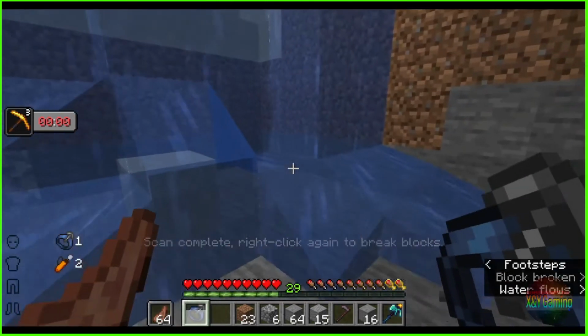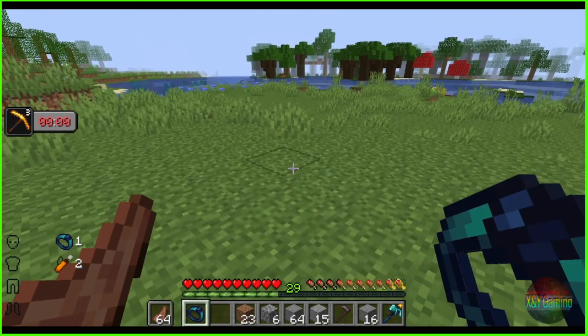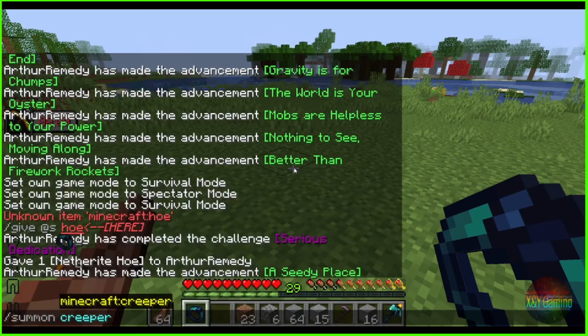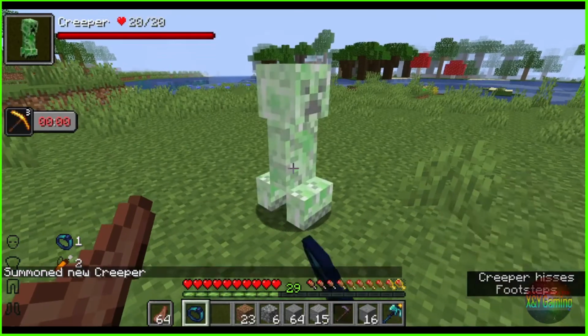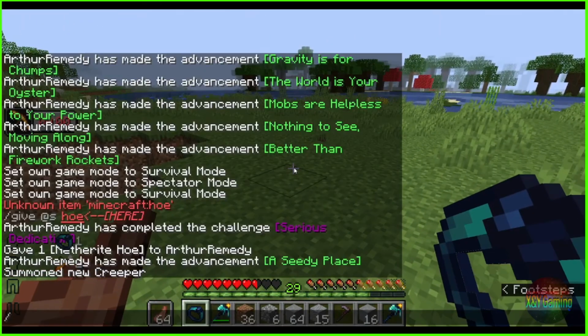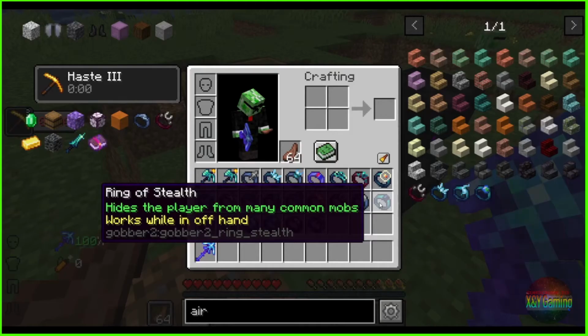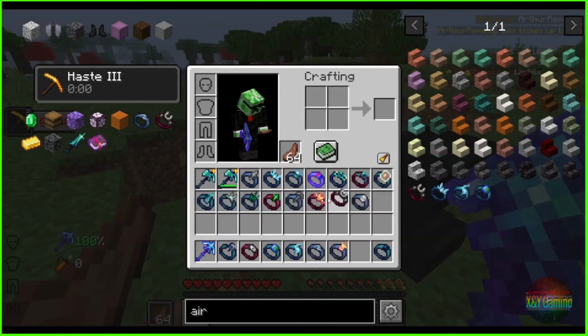Only sideways, huh? Ring of Stealth will hide me from mobs, huh? That doesn't seem to really do anything. Summon Creeper. Hey, buddy. What? I thought it was supposed to hide me from mobs. That didn't hide me from